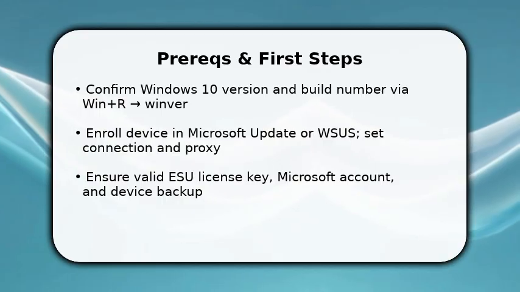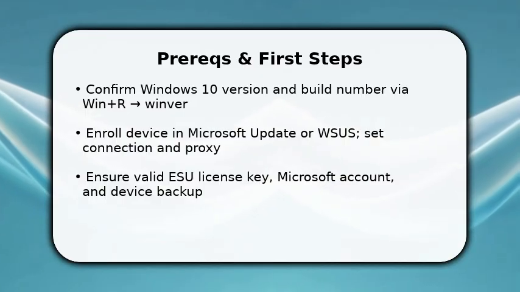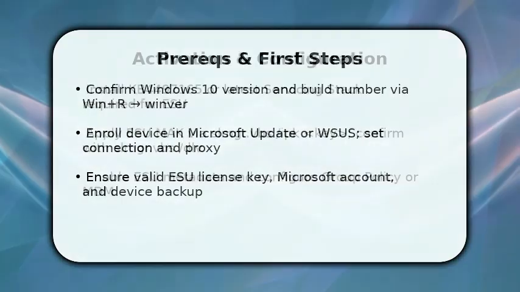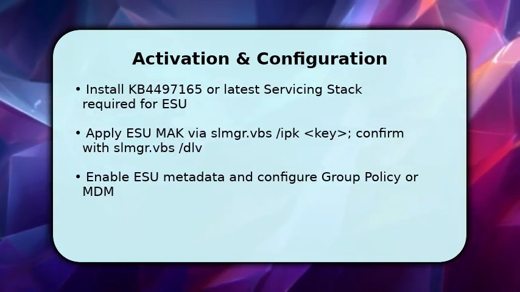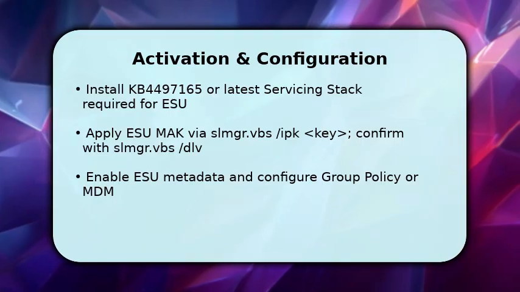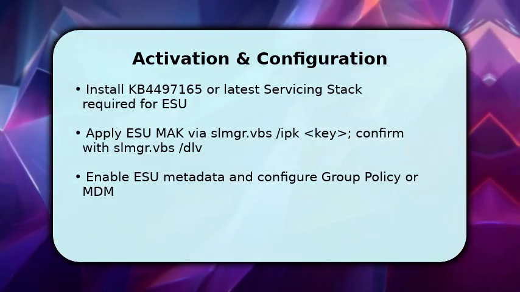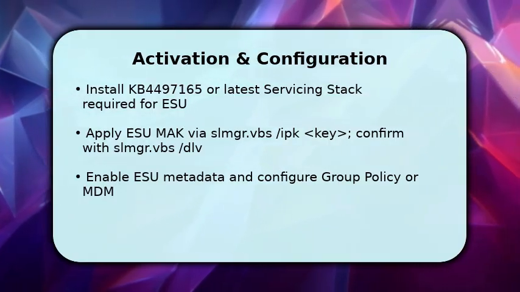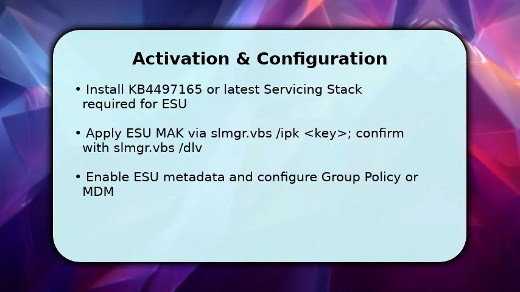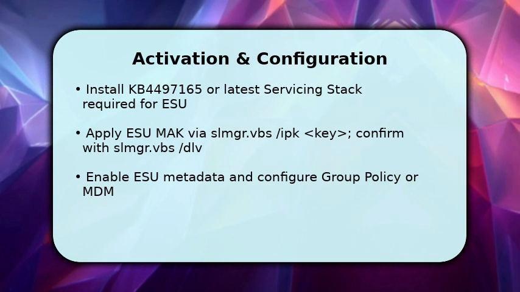You will install supporting updates and activate ESU on the machine. Start by installing the required servicing stack and any pre-ESU KB, then run slmgr.vbs /ipk with your ESU MAK to stage the key. Check activation status using slmgr.vbs /dlv. After that, enable ESU metadata by installing the ESU eligibility update and set group policy or MDM policy to